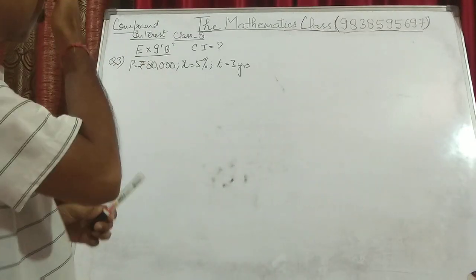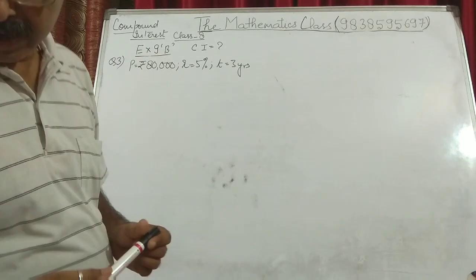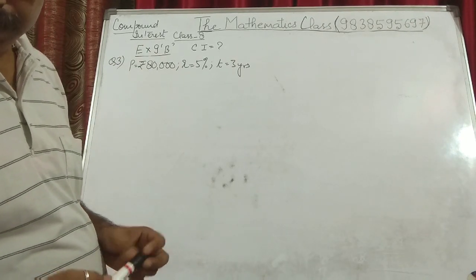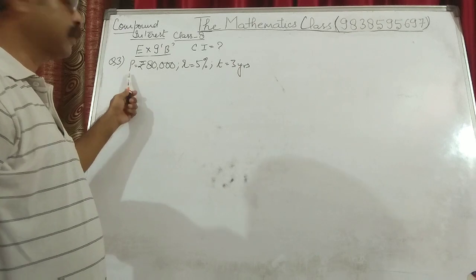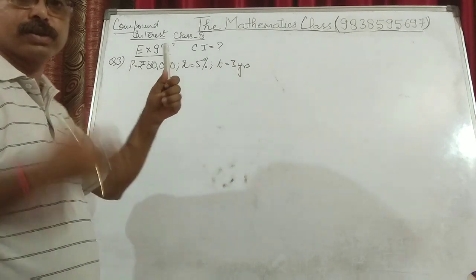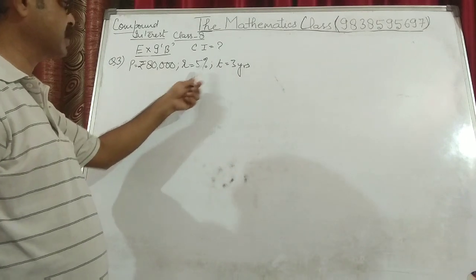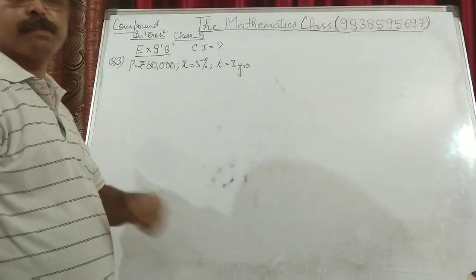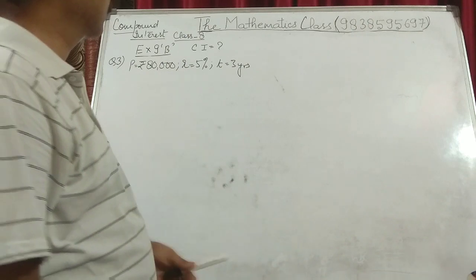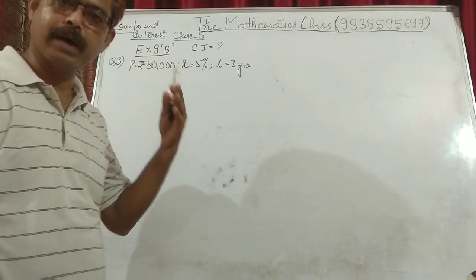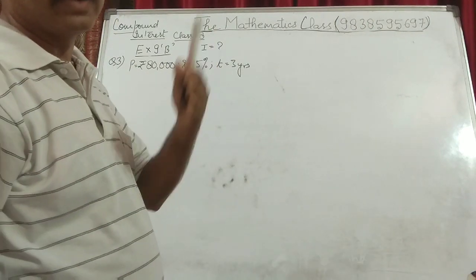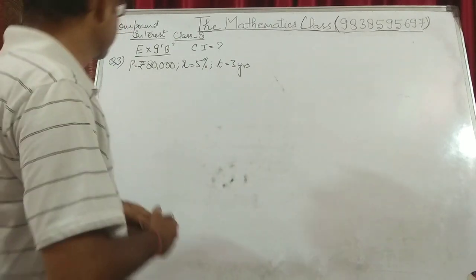Now I have taken the third question. In the third question they say, to renovate his ice cream parlor, Pratham took a loan of rupees 80,000. So principal is 80,000 because he is getting that money from the bank at the rate of 5% for 3 years. Find the compound interest that he paid, if the interest is calculated compoundly and on an annual basis or yearly basis.